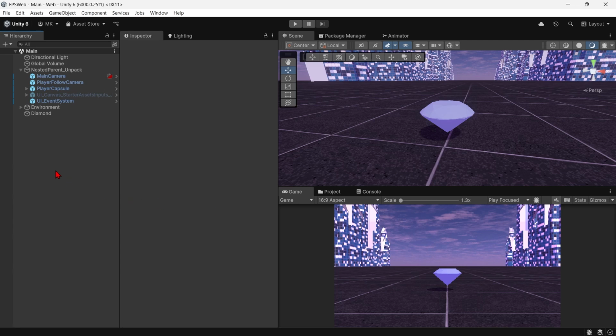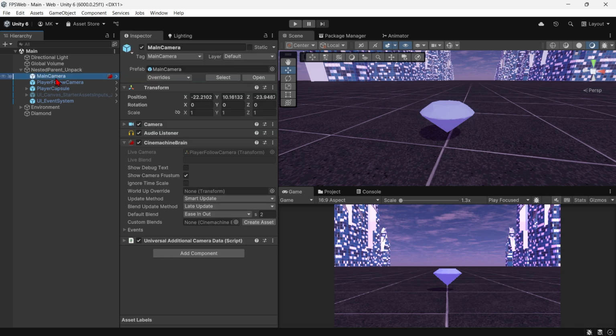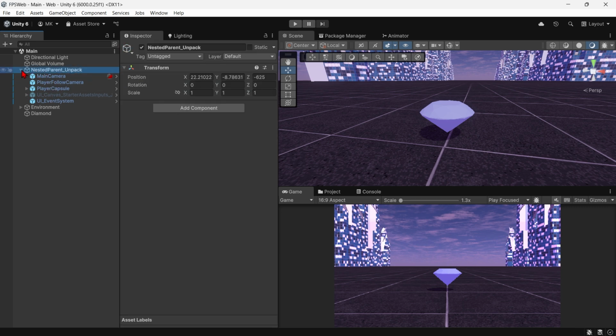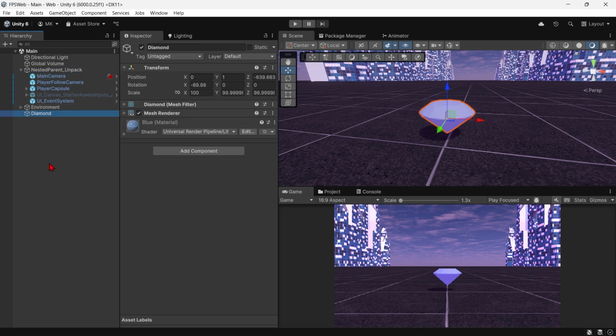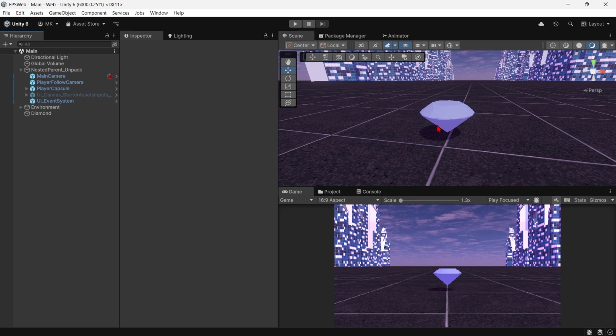Okay, so this is going to be a very good tutorial on how you can add pointer events to your simple 3D game objects. So the first thing, let me show you the setup. You see, I have a main camera, or basically this is the third person or first person starter assets. Now I have this diamond 3D model here, and what I want is, as soon as I hover over it,